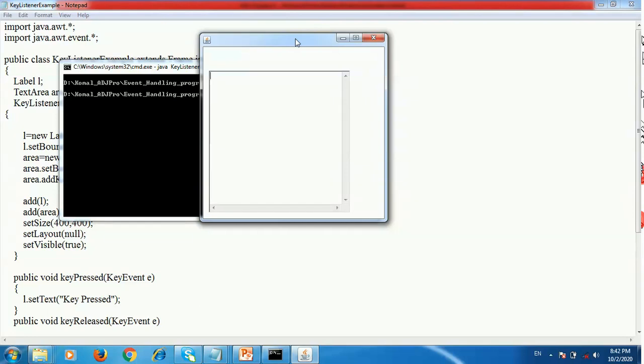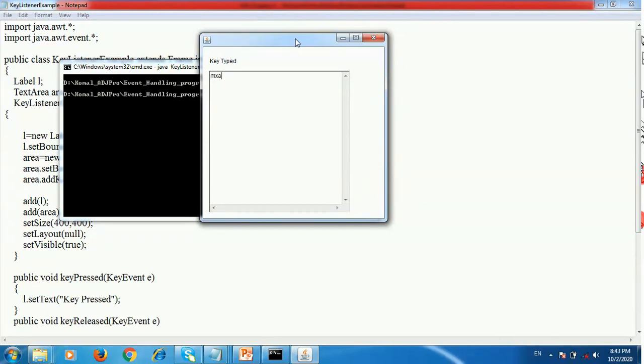When you continuously type, then key typed is displayed. When you release the key, then the key released label is displayed. So this is an example of the key listener.